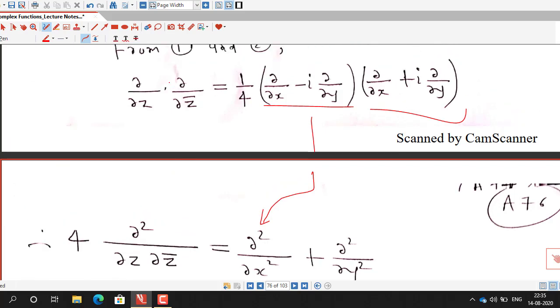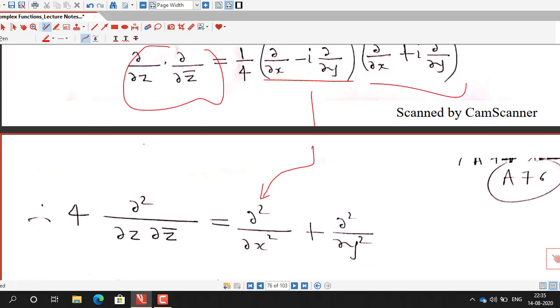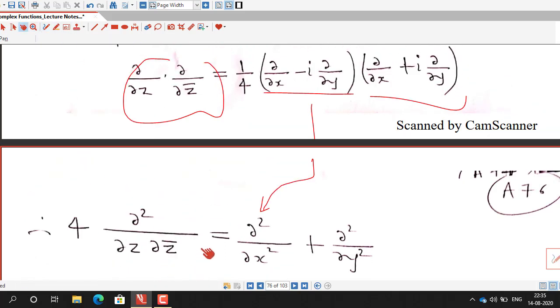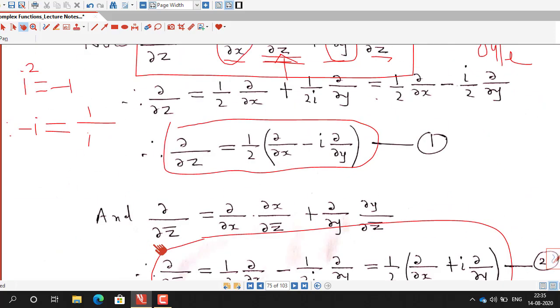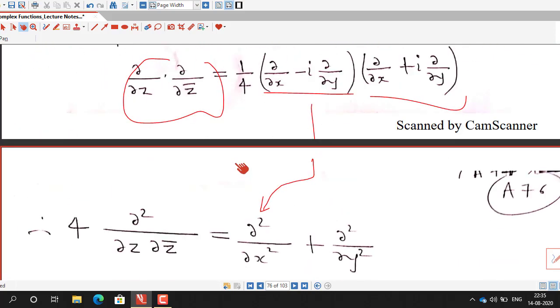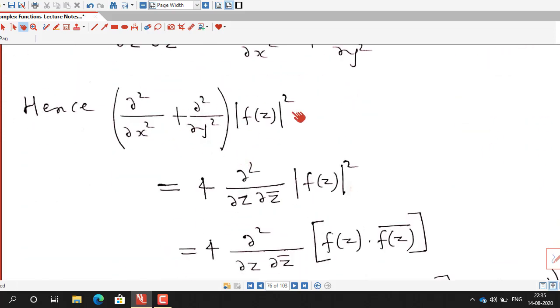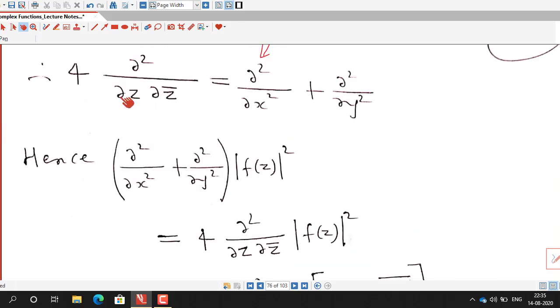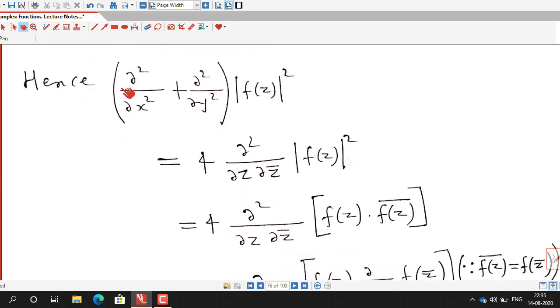on the left hand side, and this we can rewrite as 4 into del square by del z del z bar. So you can see del square by del x square plus del square by del y square is converted in terms of z, it is 4 into del square by del z del z bar. So we will replace this by that function of z. So in the next step we start with the left hand side, mod f of z square, and this is replaced by 4 into del square by del z del z bar